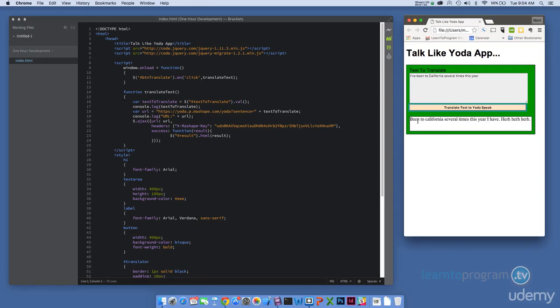So the translation works, and you may be noticing this delay between when we click the translate button and when we get a translation. I'll explain why that delay happens when we talk about the Yoda Speak API a little bit later in the course. But remember, what you're seeing here in the browser window is a result of this code executing here